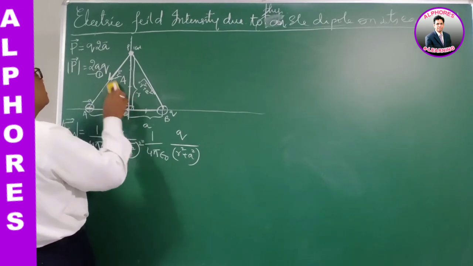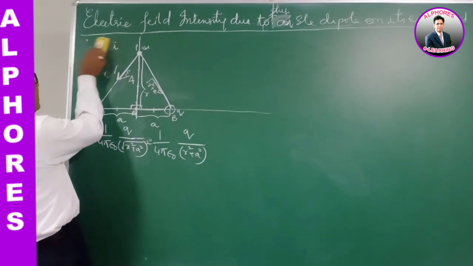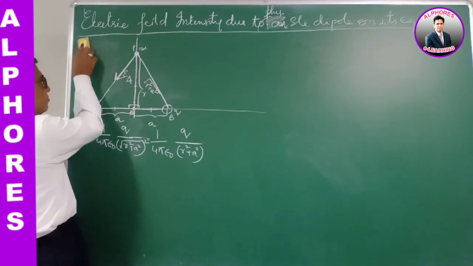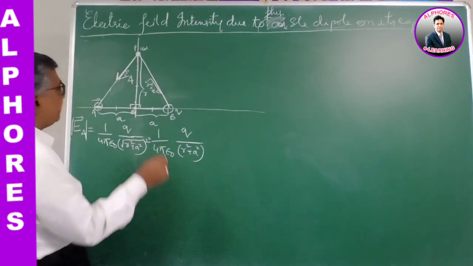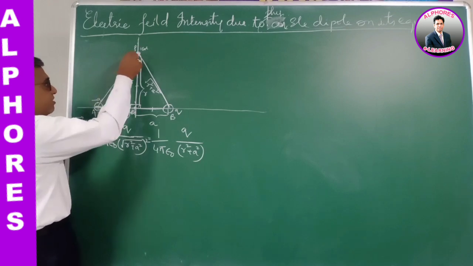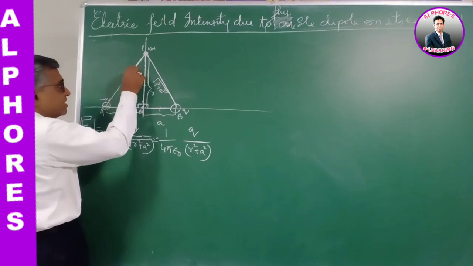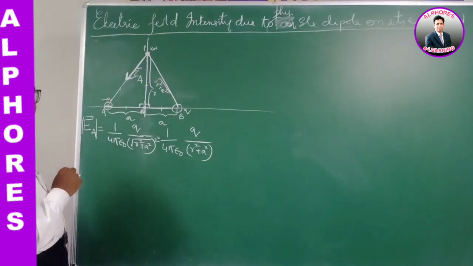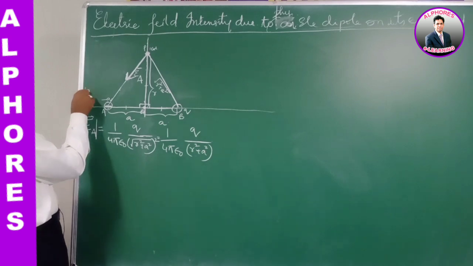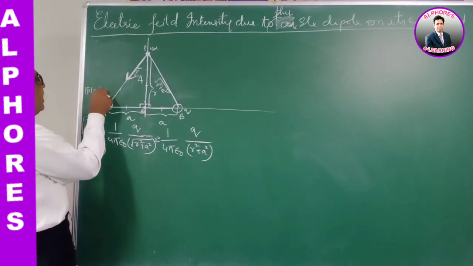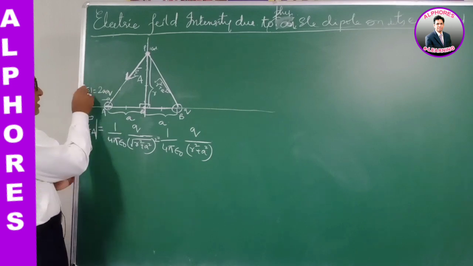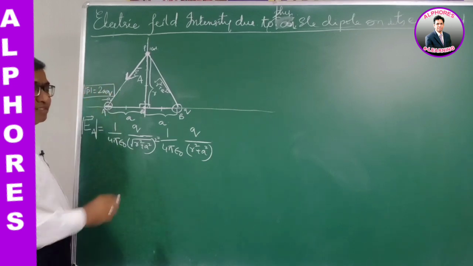Let us remove this. Even this also we will take it later. So the direction of the electric field at point A due to the negative charge is towards the charge. So this is EA bar like this, right? So mod EA is 1 by 4 pi epsilon naught into Q by R square plus A square. Better remember this because we need to apply it later.